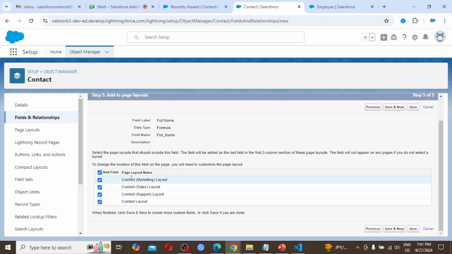If we are using it in marketing, then this field is displayed on the contact marketing layout. And if I don't want to display this field on the contact sales layout, I need to uncheck it. So the full name field we just created will not display there. For now I am going with all. Click save.